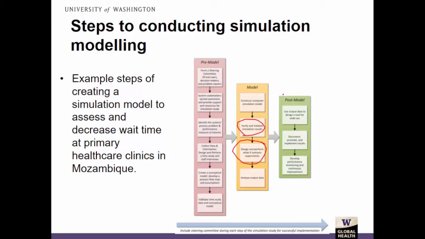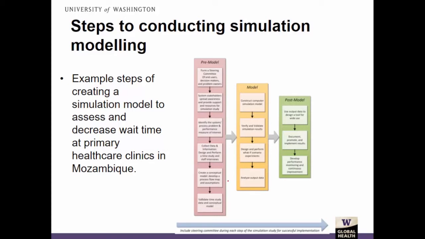What's the point of saying, okay, well, what if we switch to appointments? Or what if clinics opened a little bit earlier or stayed open a little bit later? How would that help the situation? It doesn't make sense to do that if the model doesn't even really reflect reality. That would just kind of be a waste of time. But if the model was validated in our setting, we could have done some of those what-if scenarios and experiments